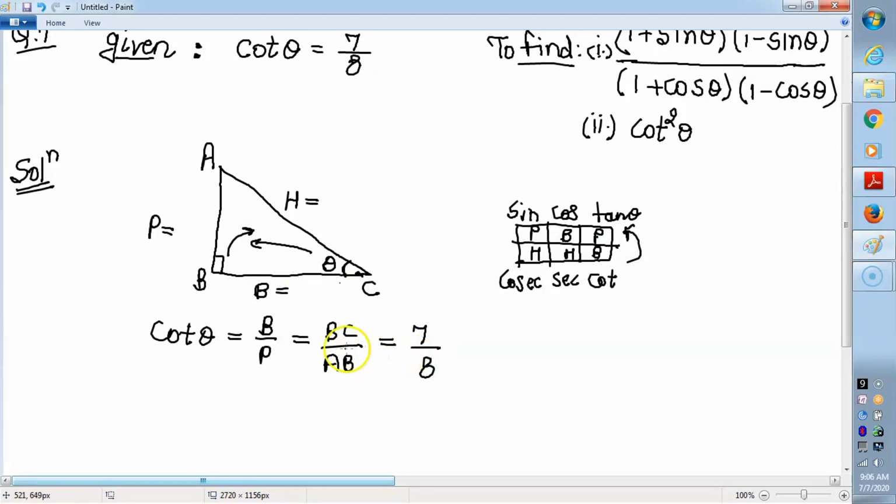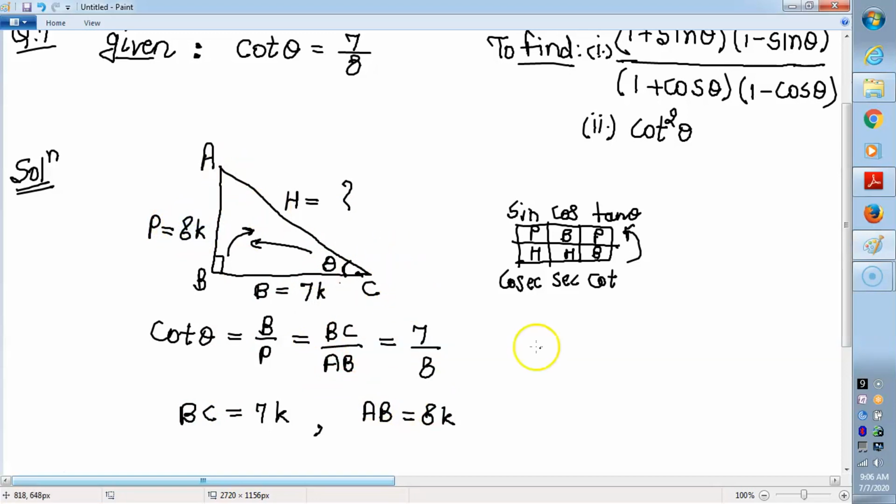In our previous questions, we had already discussed that whenever a ratio is given, we take a positive number k to decide the sides. So take positive number k and we will write the sides. BC is equal to 7k and AB equals 8k. Now, what about the third side? We have to find it. First write it. BC is 7k, we are writing in the diagram 7k. AB is 8k, so write 8k here.